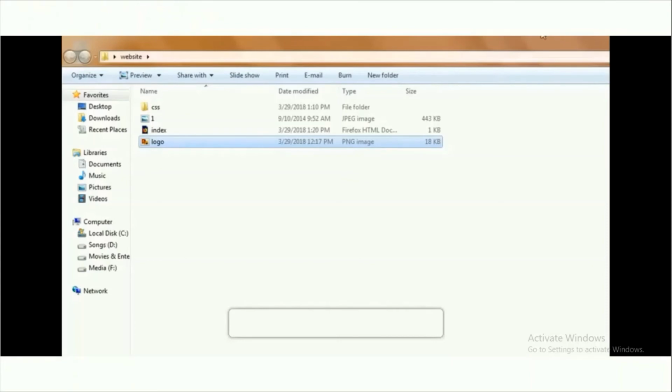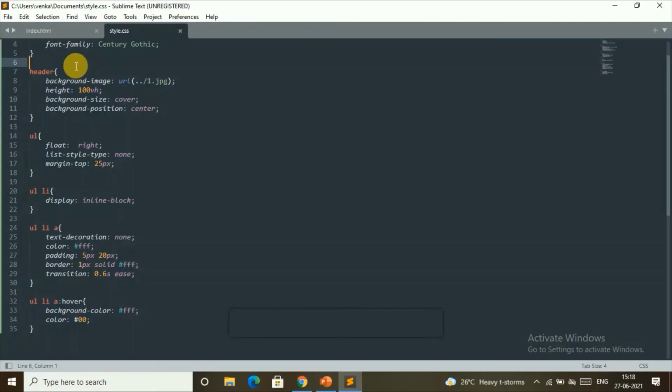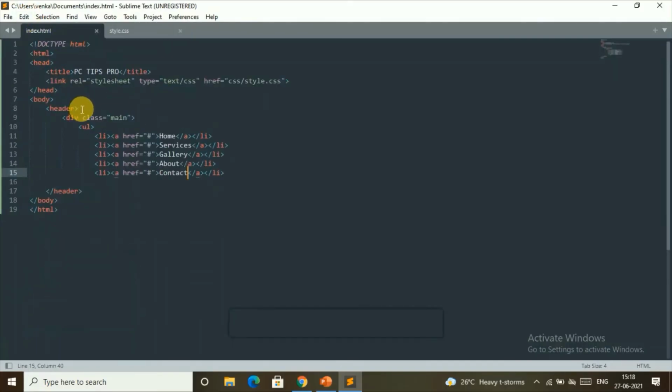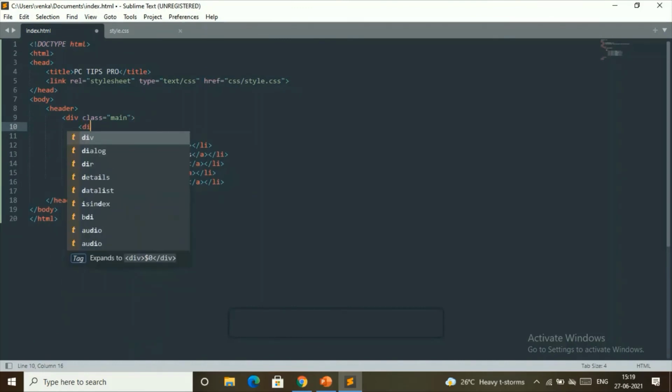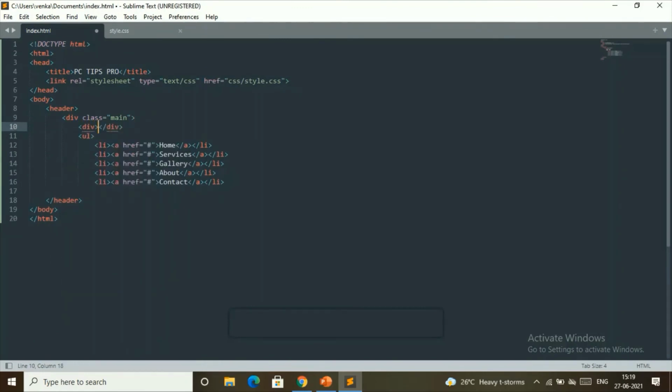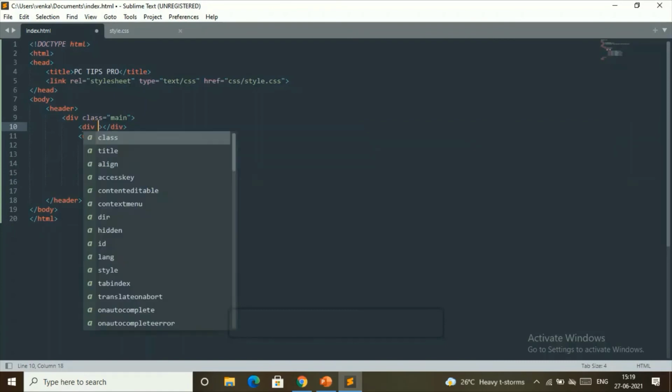And now we have the logo in the same folder that we are using, this index.html and style.css file. So we'll now import that logo to our website. Now let's go back to our HTML file, and now here we'll create one more div. Yes, and now here in this we'll create a class called logo.